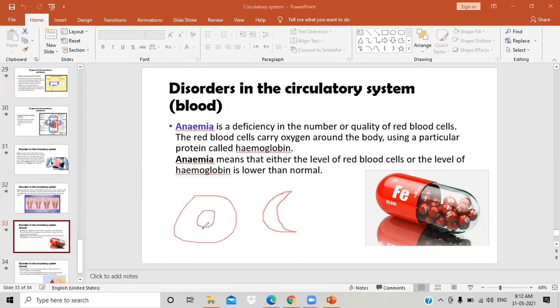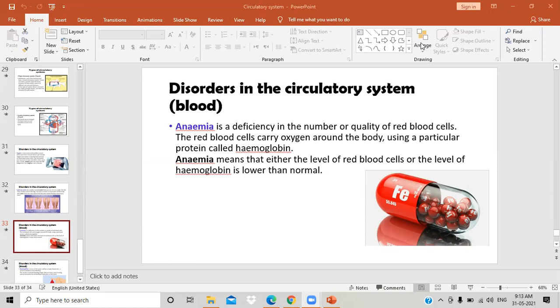This round pillow-like structure is designed this way to carry oxygen. It carries the oxygen inside this depression around your body. But when people have this kind of anemia, which is called sickle cell disease, their blood cells cannot carry the oxygen, and those people suffer from tiredness all the time because their organs are not getting enough oxygen, and they cannot breathe really well because of the same situation.